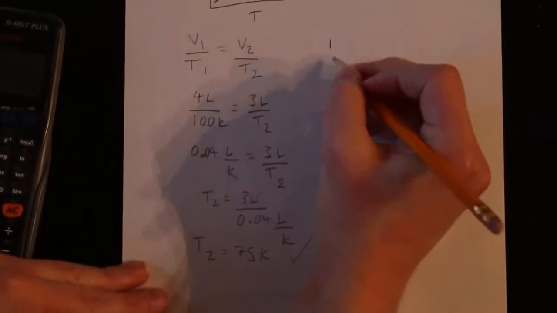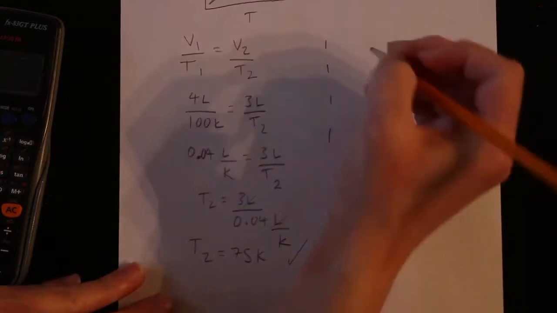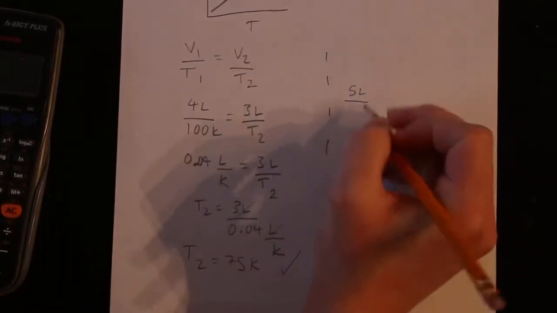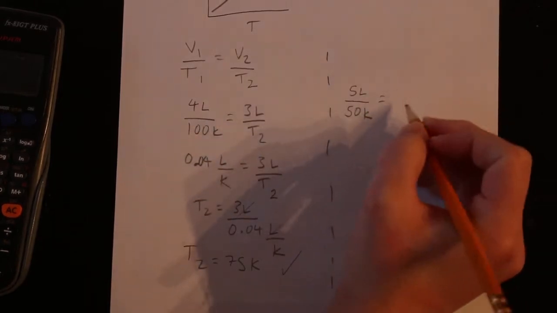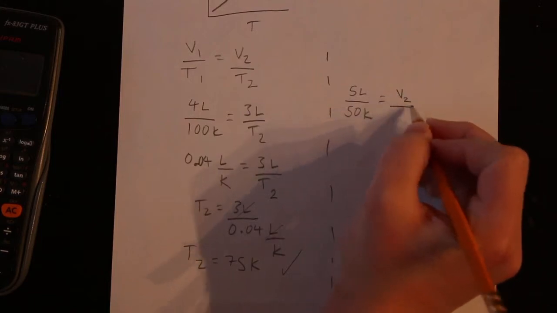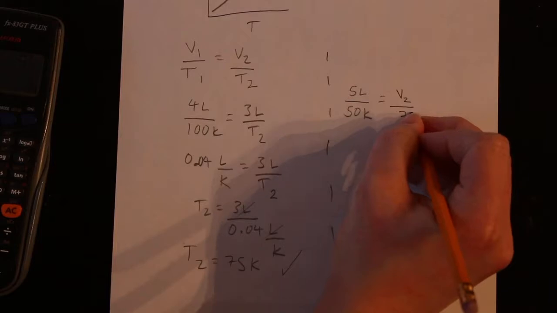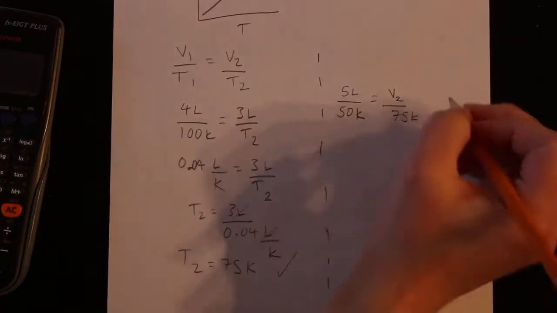Okay, and let's compare that to what it would look like if the unknown was in the top. So let's just say our initial volume was 5 liters, our initial temperature was 50 Kelvin, and what we wanted to find this time was V2, and we knew the final temperature, I should say, is 75 Kelvin. How would we find V2? Well, this time V2 is on the top, so all we would need to do to get V2 by itself is multiply both sides